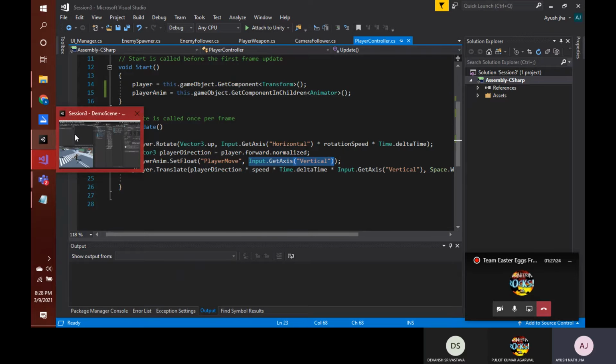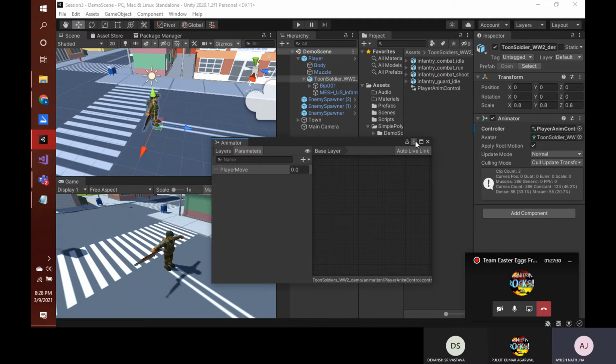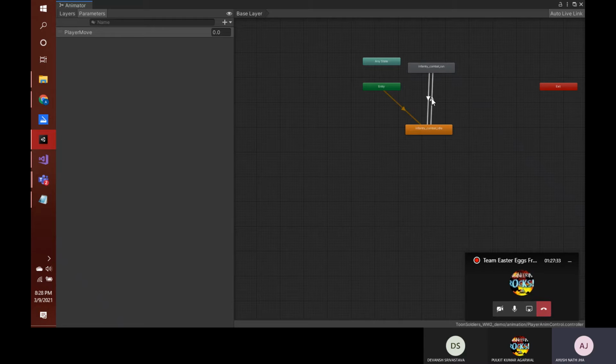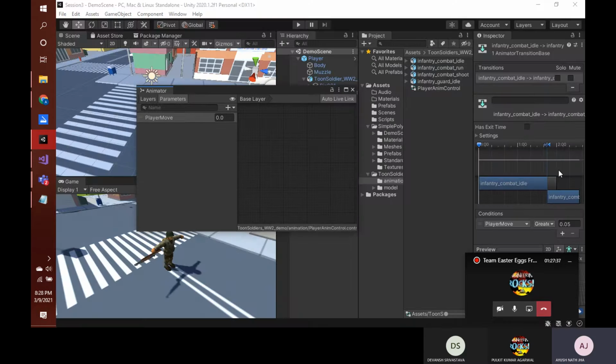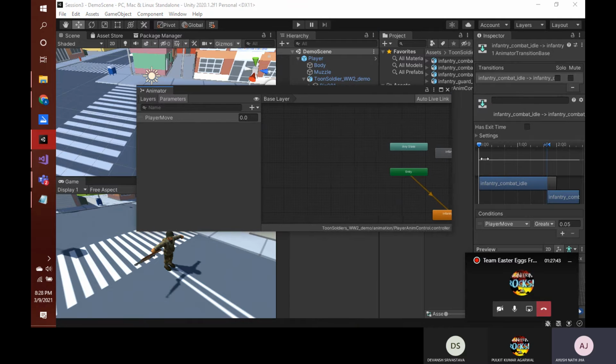Now, as the condition we set, if this player move value is greater than 0.05, then that transition will occur, right? So that is what is happening here.